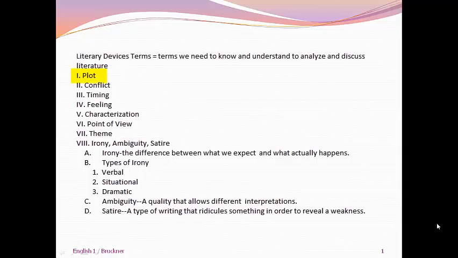We started out with plot, and we talked about the 5 parts of an American plot structure. We have exposition, rising action, climax, falling action, and resolution. Next, we discussed conflict, both internal and external conflict, and we looked at the different types of external conflict: person versus person or group, person versus nature or animal, person versus condition or thing. Our third lesson involved looking at the timing of the story, the sequence and chronological order of a story, flash